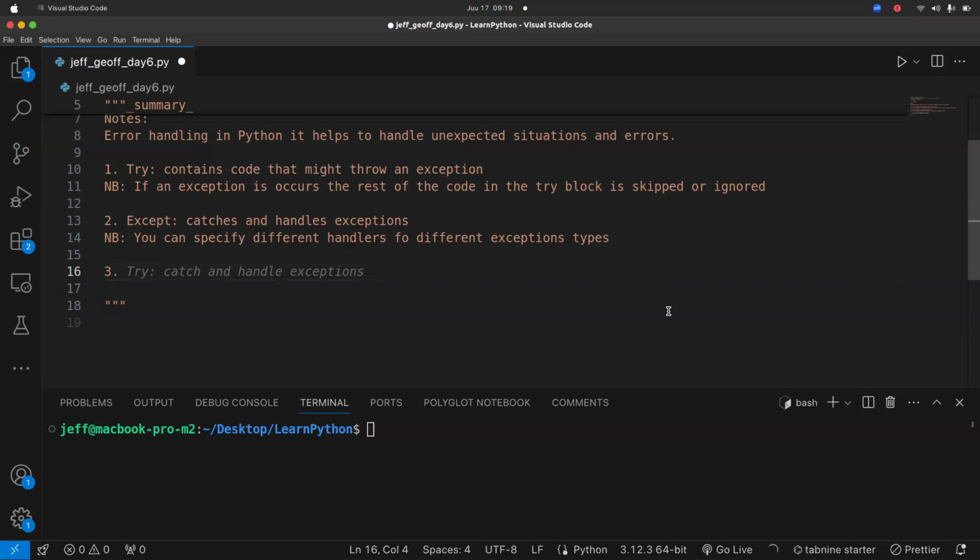Now, there's a part which is the else. The else code runs if no exception occurs.